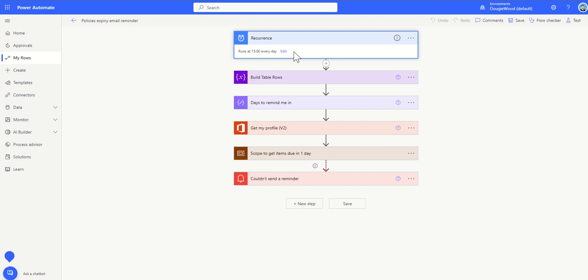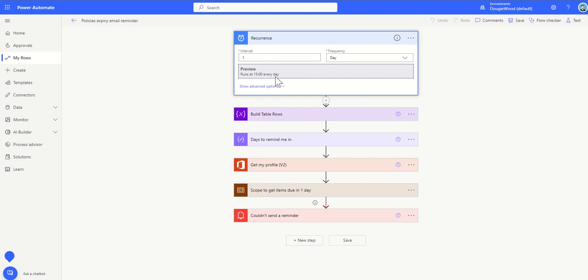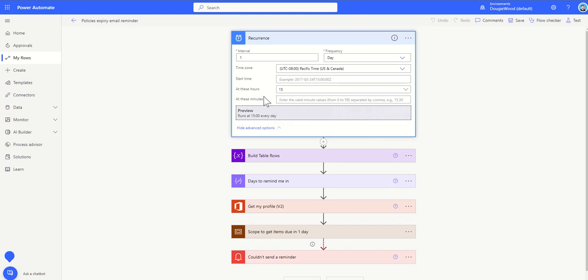Now, a configuration you might choose to make is you might want to get this to run at maybe 9 o'clock in the morning, because what's going to happen is this workflow will run very quickly and it will send out the email notifications at this time of day. So if you wanted it to be sent out at 9 a.m. instead, you could click on this, click on show advanced options, and then you could specify a different